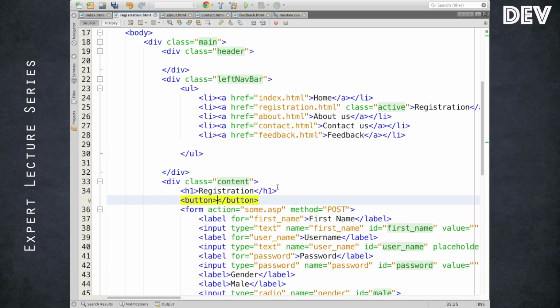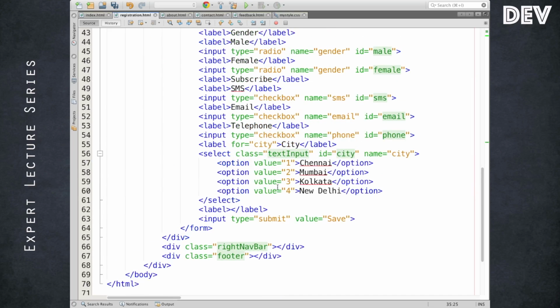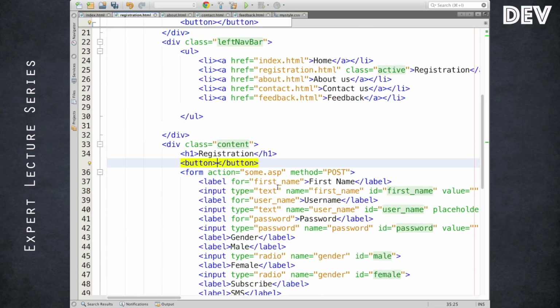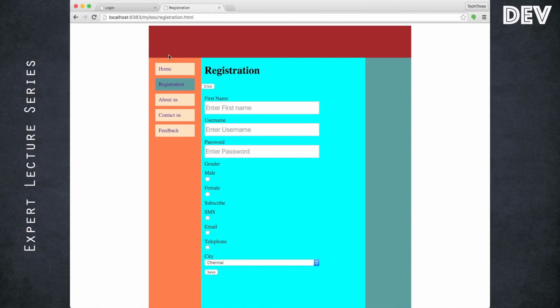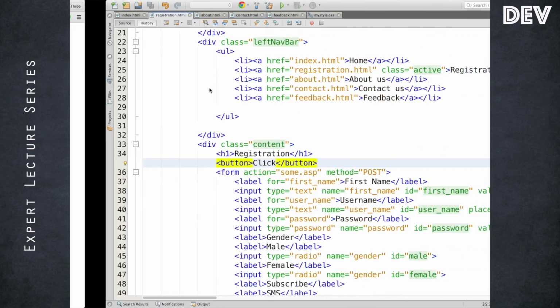There is a fundamental difference between the input type set to something like submit, and otherwise just a generic button. Both will look the same. For example, let me put a simple button. So it's also the same like a button, but this is a very generic button.